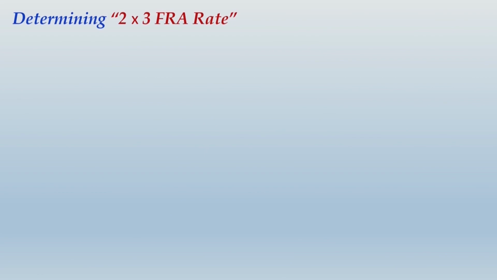Now this is going to be simple once you have learned how to do it. So let the 2/3 FRA rate be I3. First of all, I would again insist that you should know the meaning of the 2/3 FRA rate. You would want to borrow after 2 years for a period of 1 year, correct? That means your borrowing will start at the end of the second year and your borrowing will terminate at the end of the third year. So your borrowing will remain outstanding only for a 1 year period.